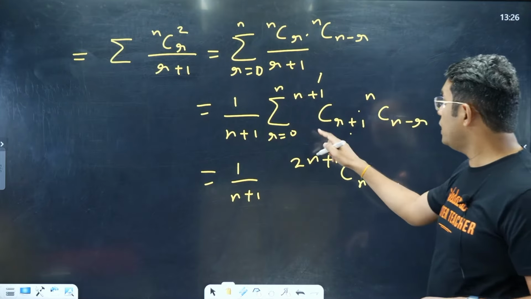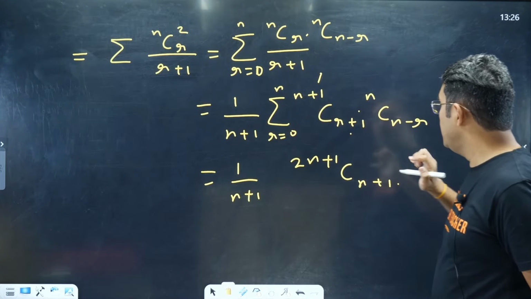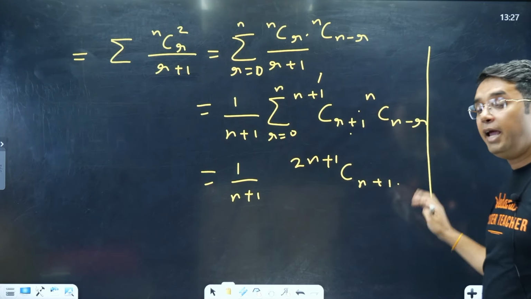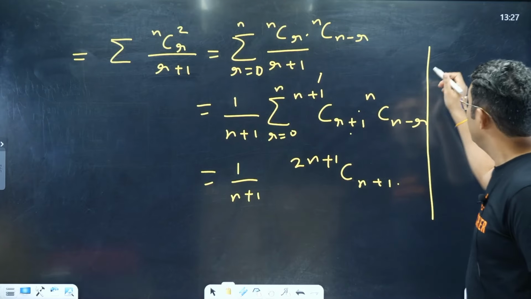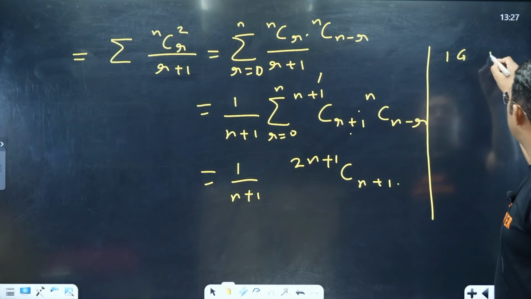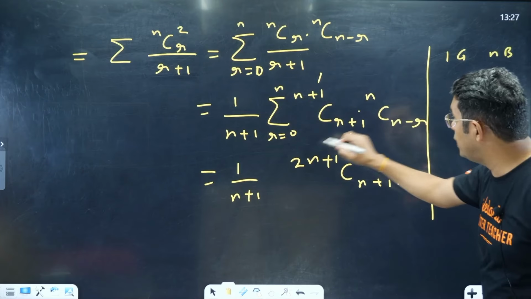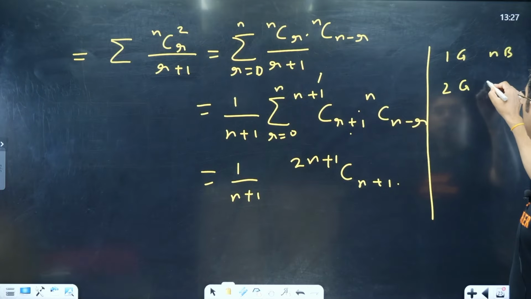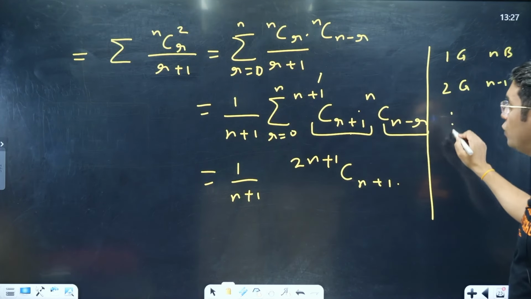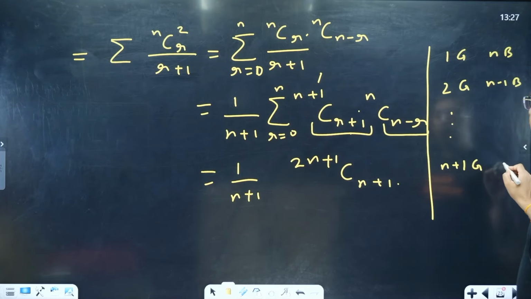If you put r equal to 0 and go till n, you can check all cases of this 2n plus 1 C n plus 1 are taken care of. Please see, if I put r equal to 0, you are selecting 1 girl, and here you are selecting n boys. If you put r equal to 1, you are selecting 2 girls and n minus 1 boys. This term is for girls, this term is for boys, and so on. If you put r equal to n, it will be n plus 1 girls,